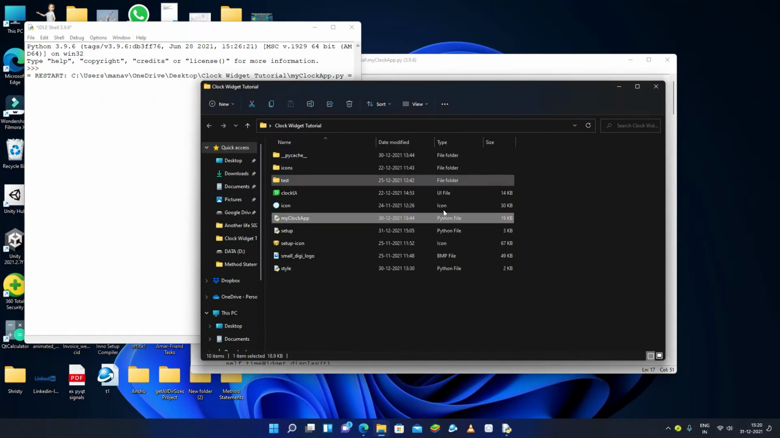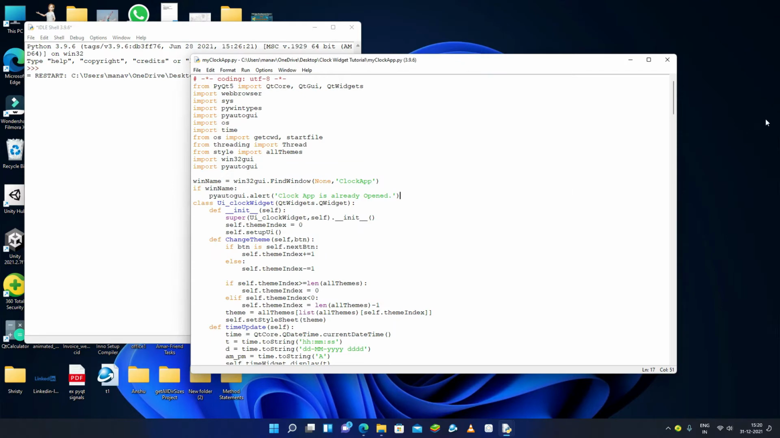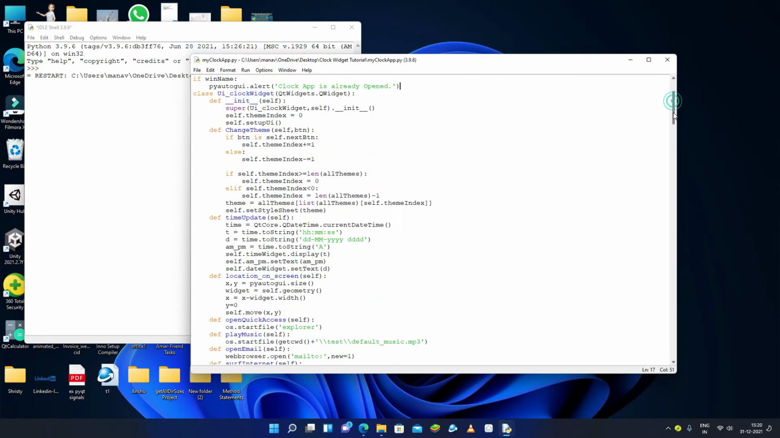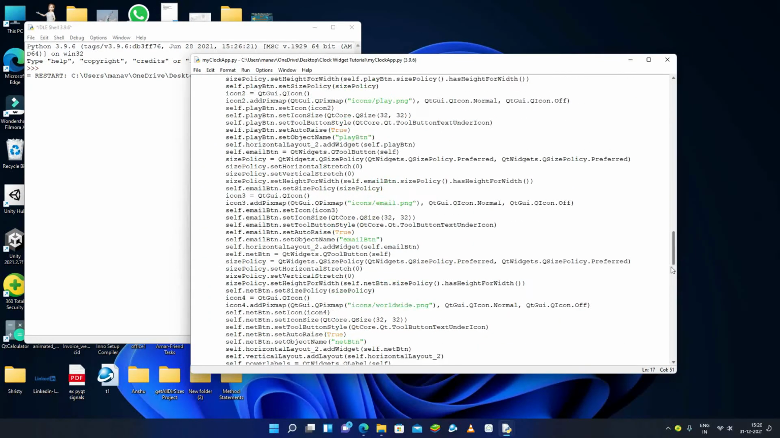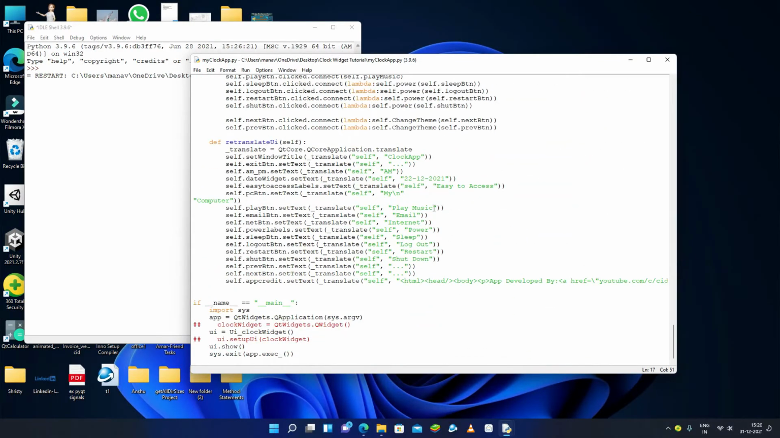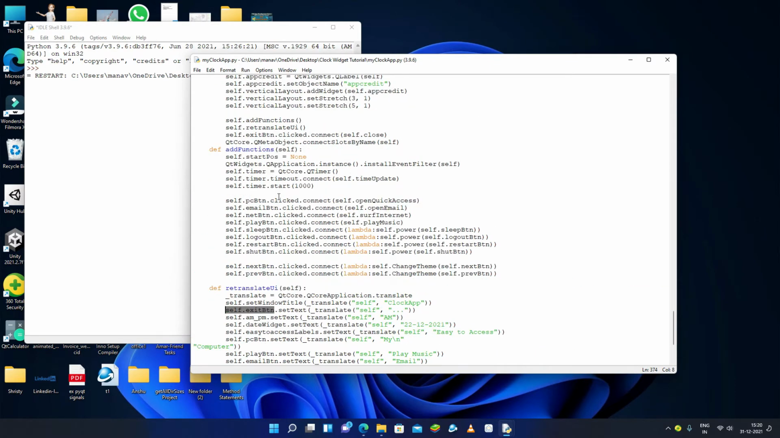Let me run again, and you will see that there is one problem here. What is the problem? Where is our exit button, which is just exiting our application? This is our exit button, right? And if you go into add functions, is there any add function? Okay, here